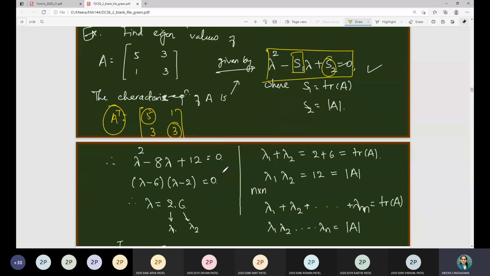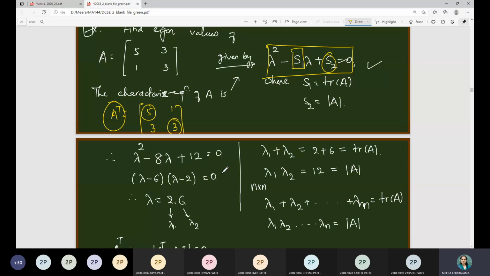Means if the eigenvalues of A are known to you, then they are the eigenvalues of A transpose as well, because those expressions are not affected: the trace of A and the determinant of A are not affected by the transpose of A. But when you consider the system of linear equations, means if I talk about the eigenvectors, then whenever you consider the transpose, the system of linear equations will also change. So in that case we don't have any relation between the eigenvectors of A transpose and A, but for the eigenvalues of these two, they are always equal.